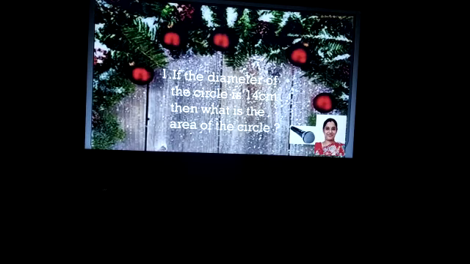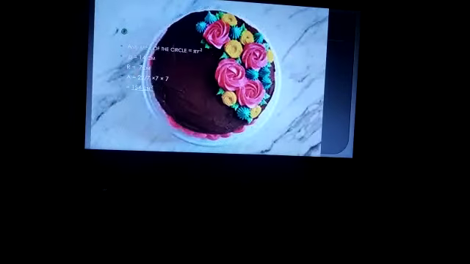So you know the formula for area of circle is pi r square. Diameter is 14 centimeter. So what is the radius? Radius will be 7. You know the value of pi. Pi will be equal to 22 by 7 or 3.14. Here 22 by 7 is very easy for calculation. So we can take the pi value as 22 by 7. So here area of the circle you got 154 centimeter square. Did everyone get the same answer? 154 centimeter square? Very good.